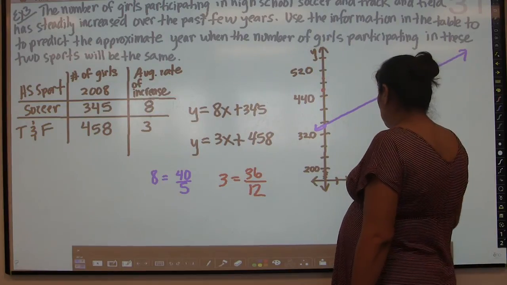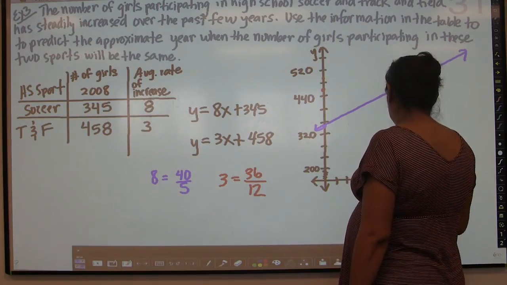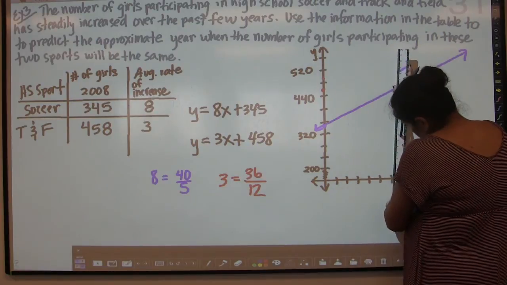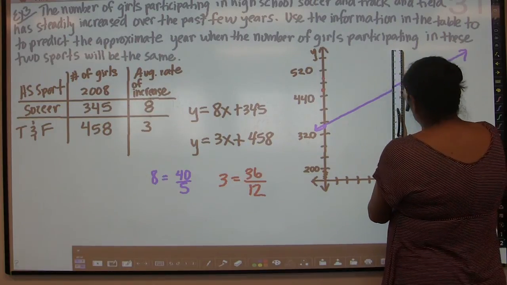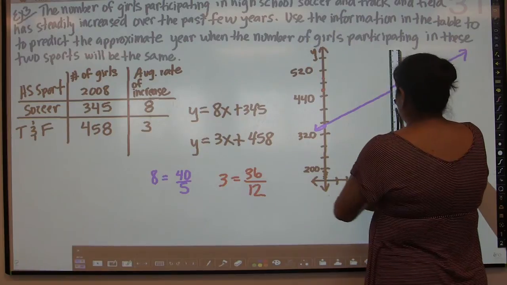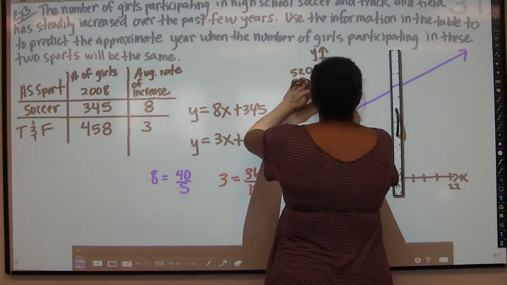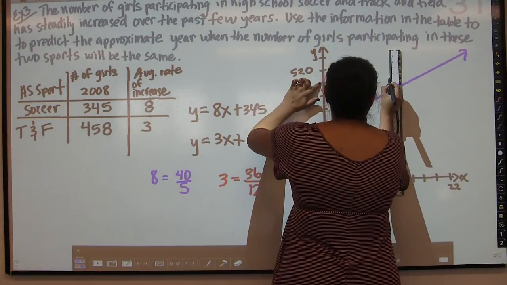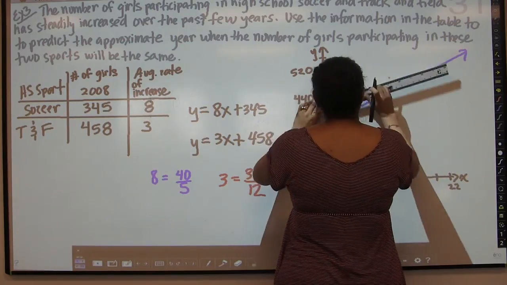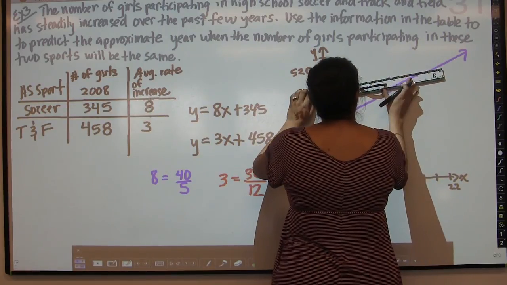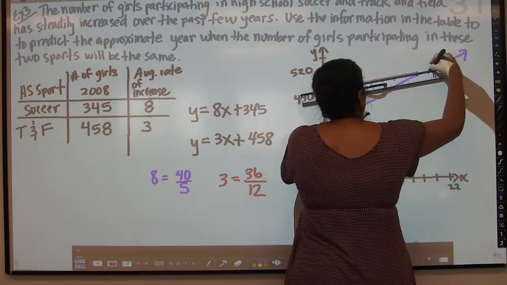But I want to be all the way to 12. 2, 4, 6, 8, 10, 12. So that's going to be there. And then this guy is going to be there. Okay. So roughly,